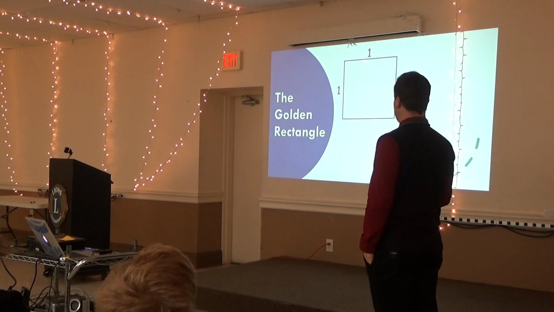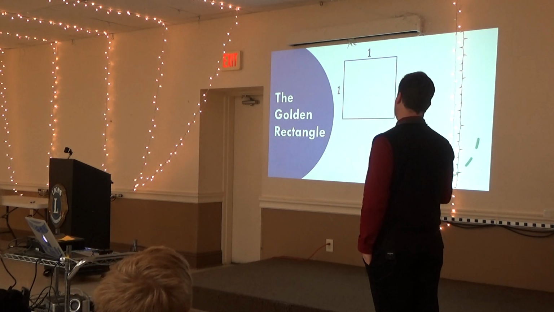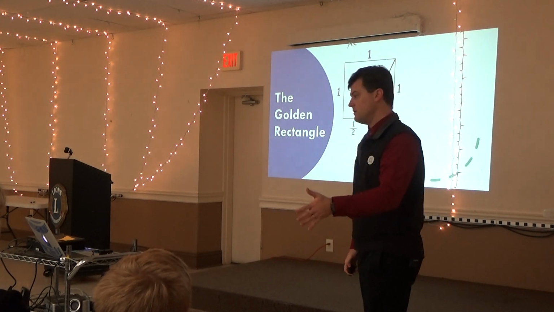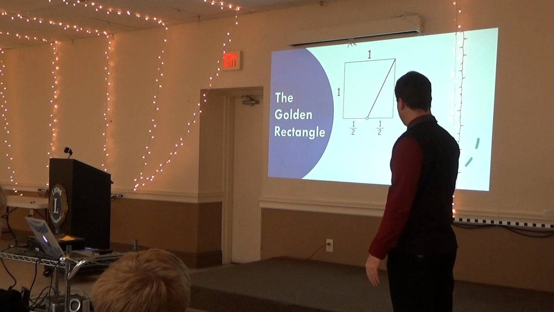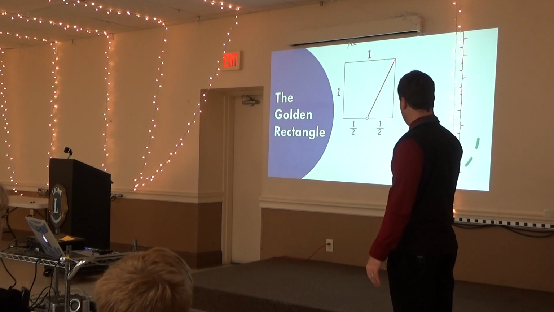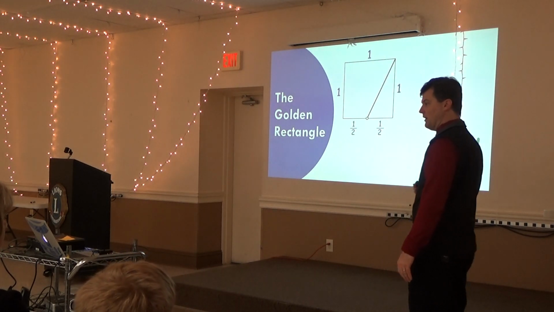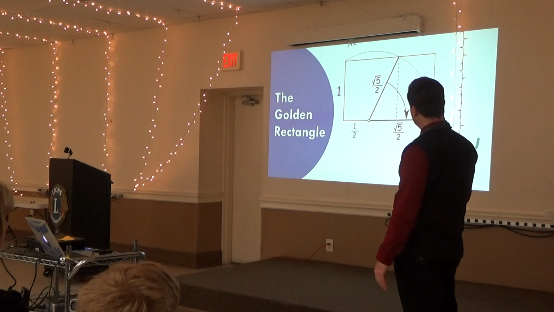You start with a rectangle, a square. It is a rectangle. Rectangles have 4 right angles, 1 by 1. We're going to split it in half, so we can find the bottom side here, and connect the midpoint of the bottom to the corner. You can do some trigonometry there, a little Pythagorean theorem, and you're going to get that the diagonal here is the square root of 5 over 2. Take that